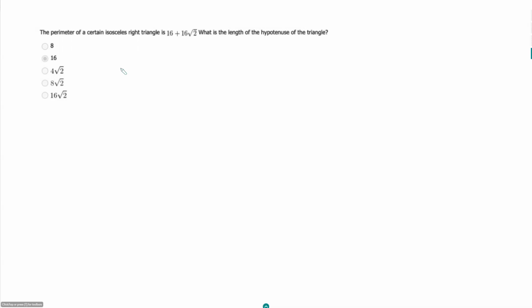The perimeter of a certain isosceles right triangle is 16 plus 16 rad 2. What is the length of the hypotenuse of the triangle? So isosceles right triangle is one of those key words you want to be able to instantly recognize and instantly translate. Let's derive what it means here, and then